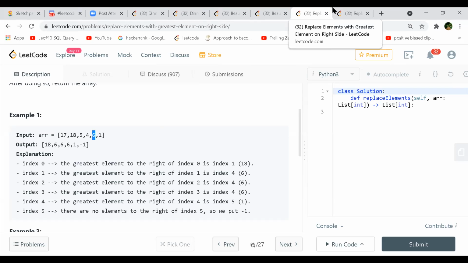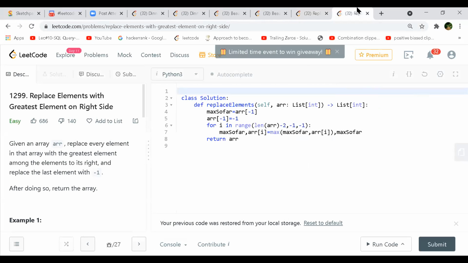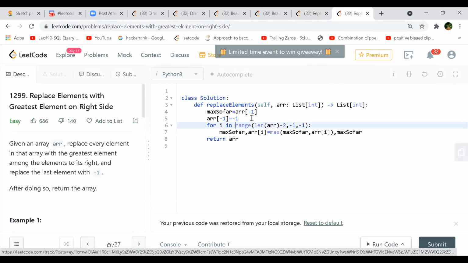Yes, you do exactly the way they are saying there. I took exactly this one. From the back side I'm checking and updating, like the way we do for the cumulative sum or the prefix sum. You do it from the back side, but in this case, we are just looking for the max so far always.